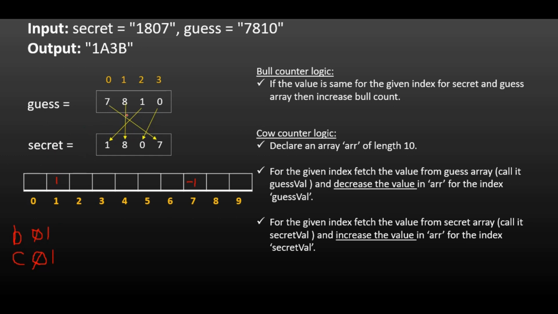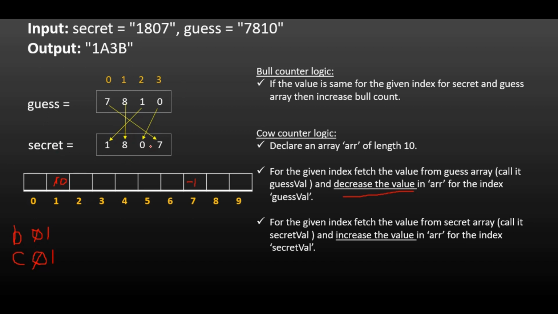So now once we have mapped, since this 1 was utilized for this mapping, we need to remove that 1 from the mapping, otherwise if there is one more occurrence of 1, it will be mapped to this, right. To avoid that scenario, we need to decrement it. So that's why when we are going through the guess and we are checking that if the array value is already greater than 0, we have to decrement this array value, and now it will become 0. Okay, I am decrementing by 1. So here we are saying decrease the value in the array. So I am decreasing by 1, and now it becomes 0.